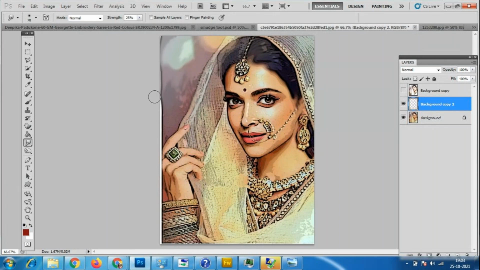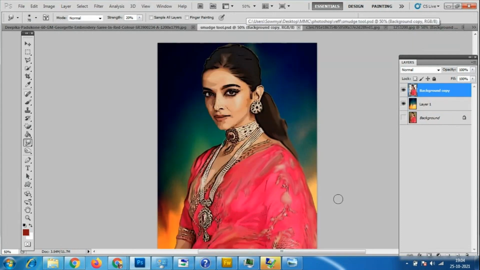We have to keep sitting with this tool, and change the strength of the brush. Slowly we have to work with the smudge tool. Is that clear, everybody? To get exactly the look we want, like a painting effect, we have to keep sitting with that tool itself. Does anybody have any doubt?